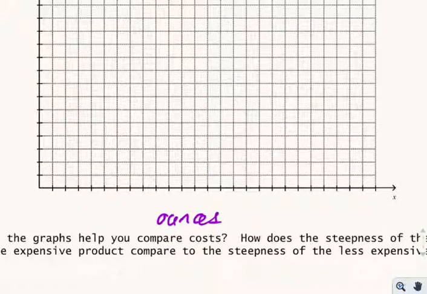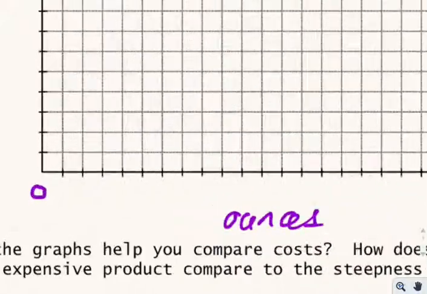I know that at some point there are 0 ounces for me to purchase, and at some point I go all the way up to 750 ounces. So I need to set an even scale between 0 and 750 to accommodate all the data that I have. Some people wanted to break this down by 10s, 20s, 50s, 100s. I would say it'd be a pretty logical thing to break it down by hundreds and to skip a line